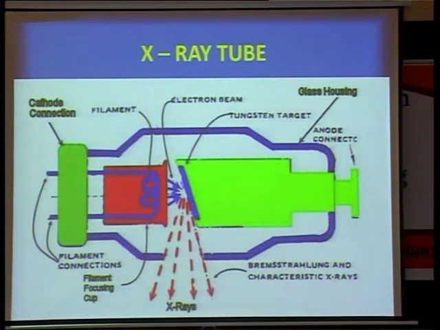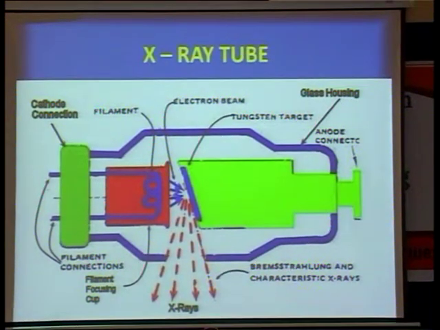It has both an anode and a cathode. The cathode has a filament, and if electrical charge is given there, the filament will glow and produce an electron beam. This electron beam will bombard the anode containing the tungsten. The tungsten target is not vertically situated, but angulated. Because of that, when it touches the target, it produces the rays in one direction, going downward.